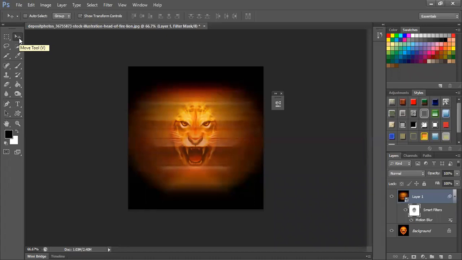I have just erased the main area, the face of the lion, so the blurry effect has gone from that section. So the blurry effect I've removed.